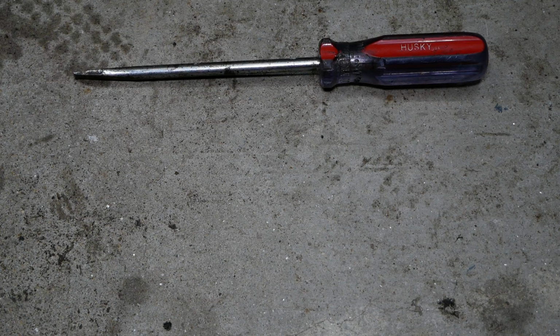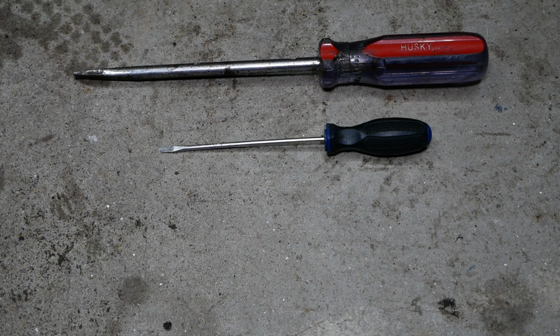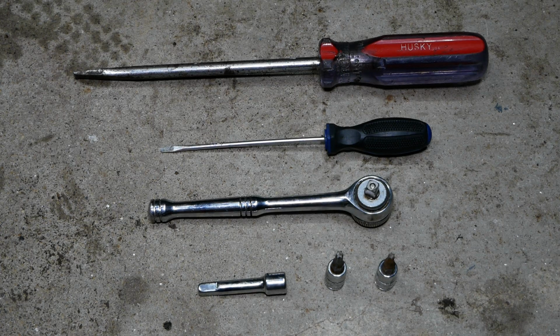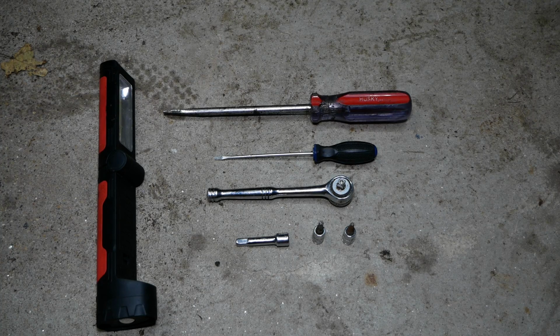So you only really need minimal tools for this. Tools you'll need for this repair are a large flathead screwdriver, a smaller flathead screwdriver, preferably a small 1/4 inch ratchet, a T20 Torx bit, a T25 Torx bit, and a 2-inch extension for your 1/4 inch ratchet. I also recommend a small shop light to help you see what you're doing when you're working on removing the